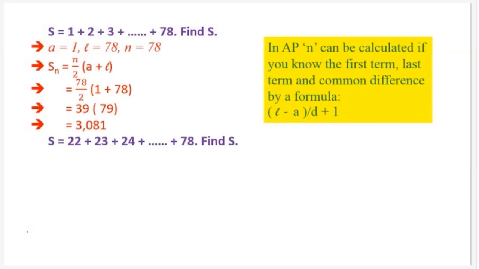22 से शुरू हुआ है. n निकालना पड़ेगा आपको. A L ऊपर वाला फॉर्मूला यूज कर रहे थे, कौन सा? S is equal to, तो आपको A लगेगा. S is equal to n upon 2 A plus L. So we should know A. A we know. कितना है A? A is 22. We should know L. Okay, L is 78. And n is equal to, कैलकुलेशन करना पड़ेगा. अभी जो आपको फॉर्मूला बोला वो 78 minus 22